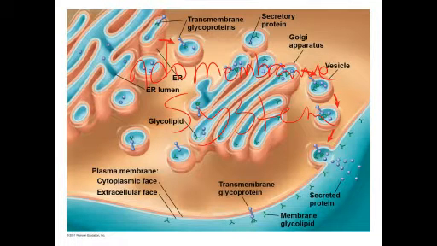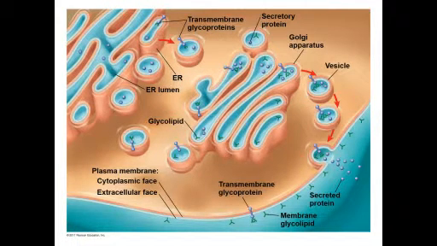The endomembrane system has to do with proteins that are going to be secreted or have some other function elsewhere in the cell. So you have your proteins going from the rough ER here. They're transported through a vesicle